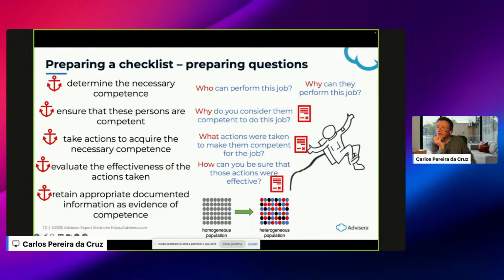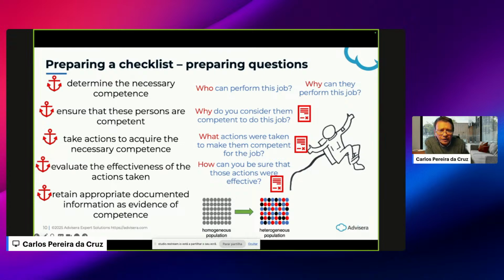Now, some questions here. Vayeda asked how to prepare for an audit without any process knowledge sharing. So if the auditee doesn't share with you any documentation before the audit, you have at least the standard, okay? And some compliance obligations. And even public information on the website. You can go to the website and check, and see if they are acting according to what they have on their website, okay? And you can prepare your checklist with that. Of course, if during the audit the auditee doesn't share information with you, there are no conditions to do the audit, okay? You need to say no. I don't play like this, okay?